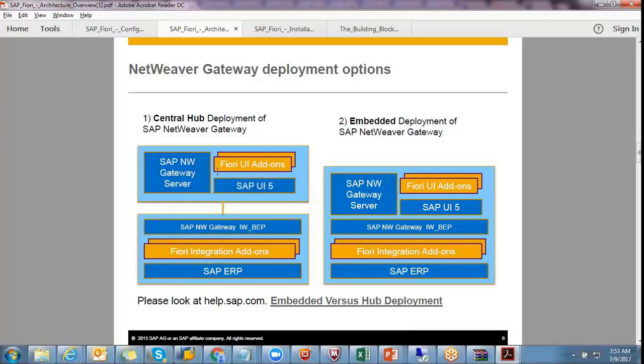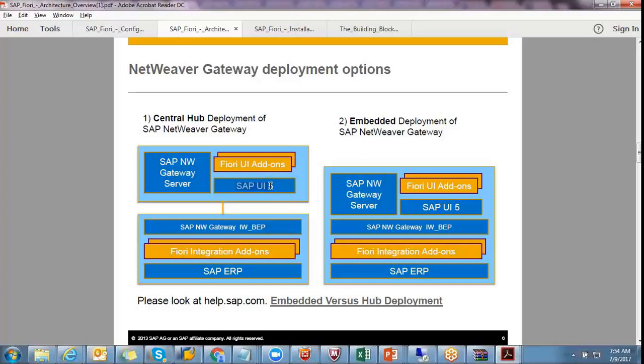As discussed, we have 7,000-plus standard Fiori apps. For all Fiori apps, gateway services and OData services will be there, and the front-end UI5 service will also be there. Last time I showed you how to check some services in the Fiori apps library. In the Fiori apps library, you can check what the services are, what the app is, the relevant front-end service, the relevant back-end service, the relevant configuration, and the relevant roles. Everything you can see in the Fiori apps library.